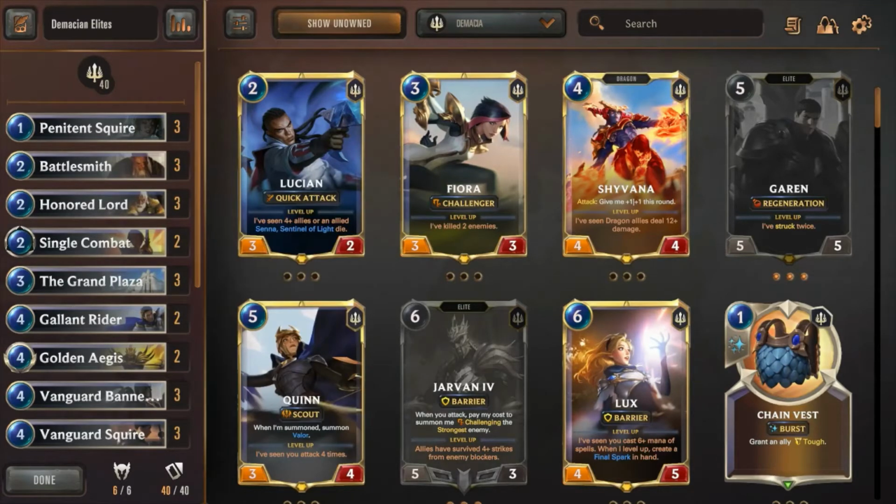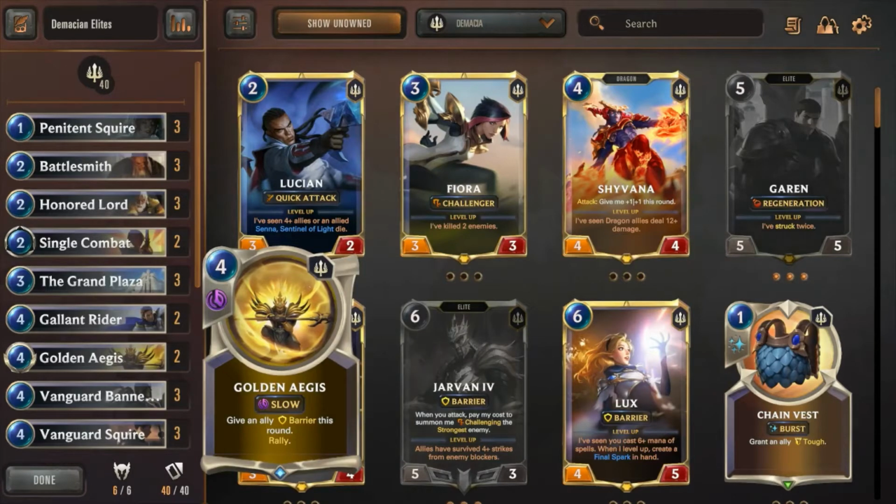Also at the 4 mana cost, I have 2 Golden Aegis. This card is massive for this deck. Giving an ally barrier and then rallying is sort of a 2-for-1 punch. It's either a good way to help you close out a game by just rallying for 4 mana, which is nice, or you can use it as a bit of a rattlesnake for an opponent's attack by playing Golden Aegis